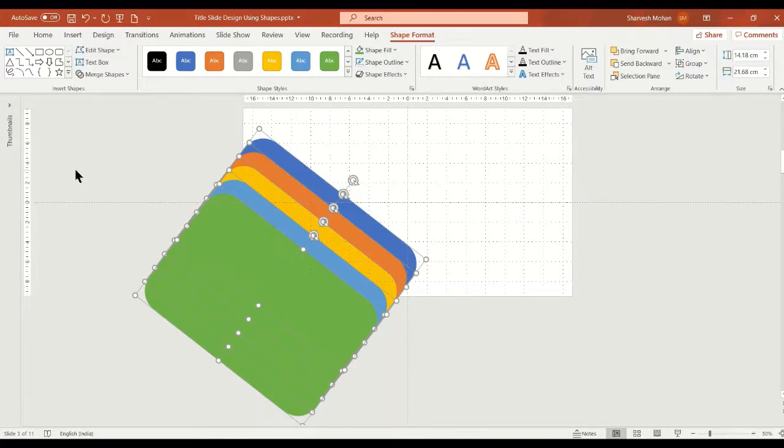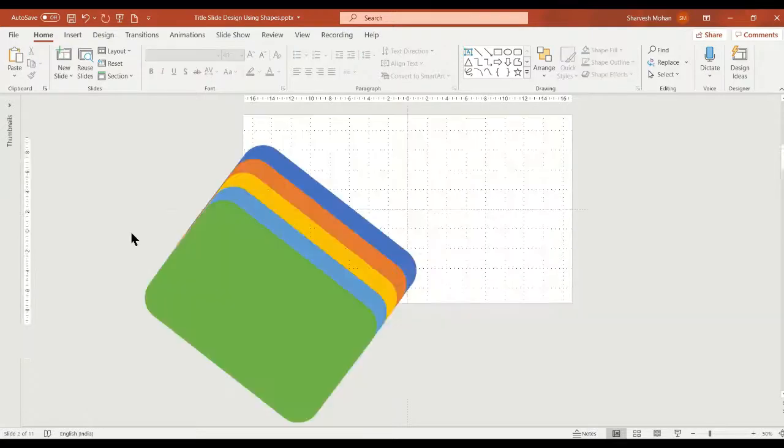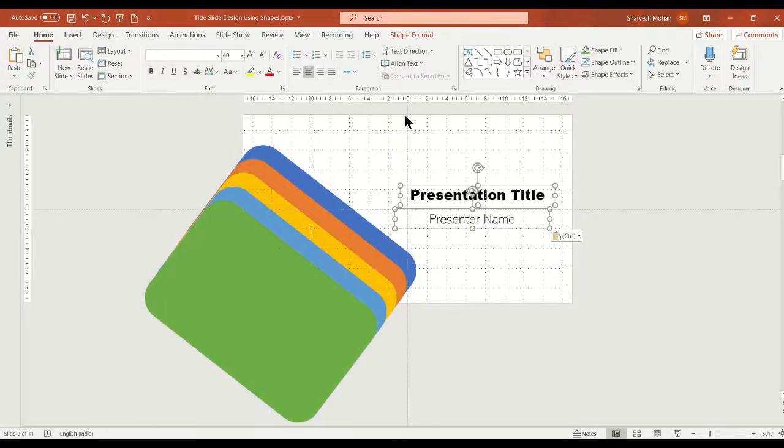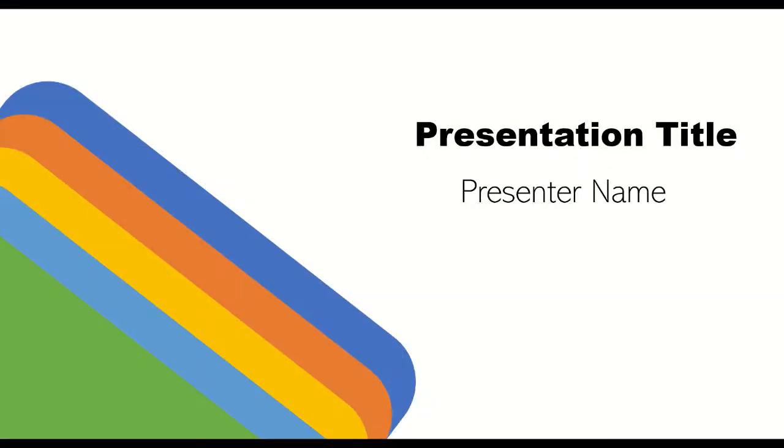Take this presentation title, copy, and paste it here like this. So our presentation will look like this. So using the rounded rectangle, we have created a presentation title like this.